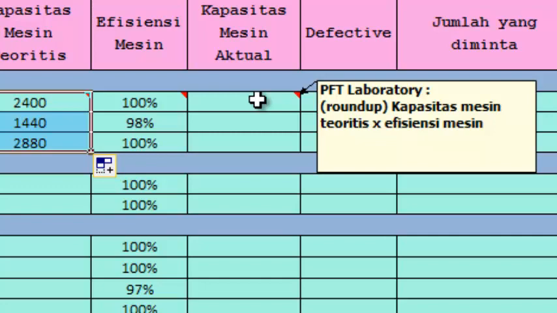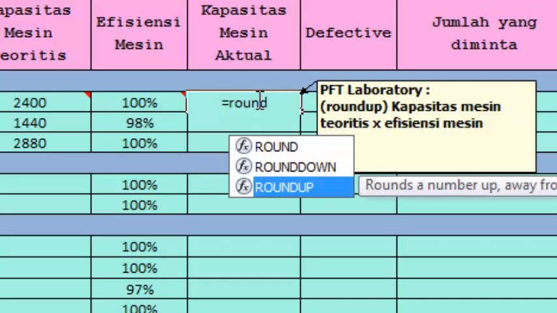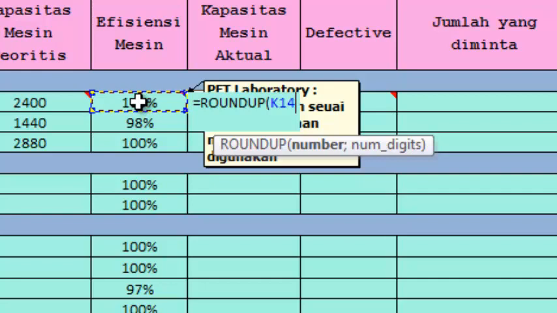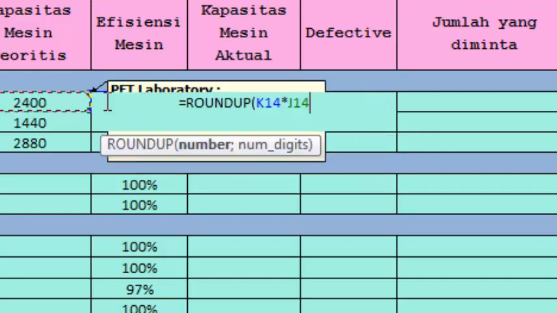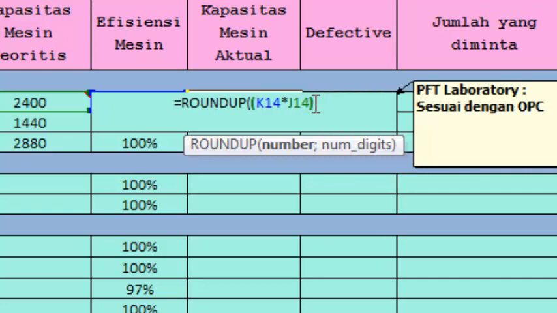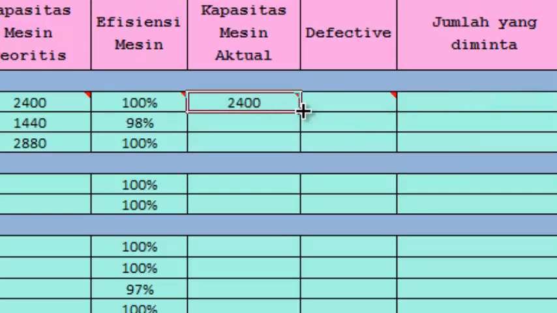Don't forget to make it in round-up form, because the product that can be produced is a round number. Then you can drag it for the next row.